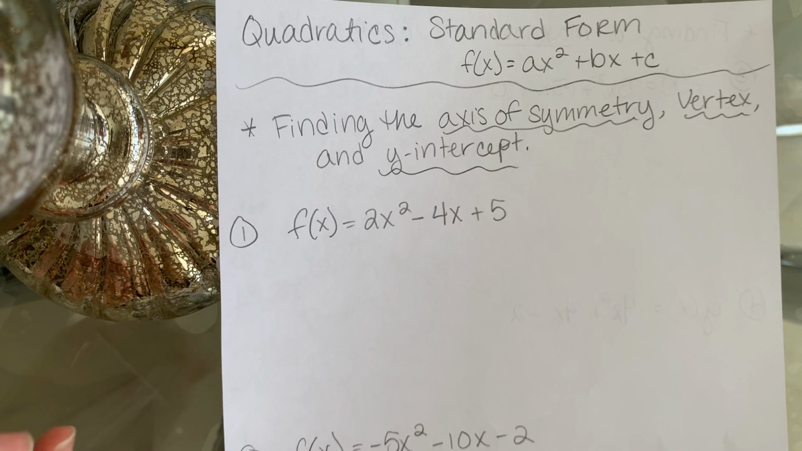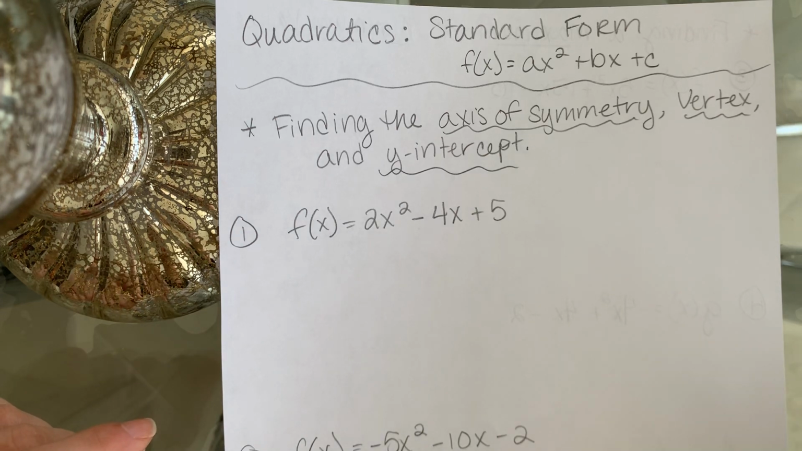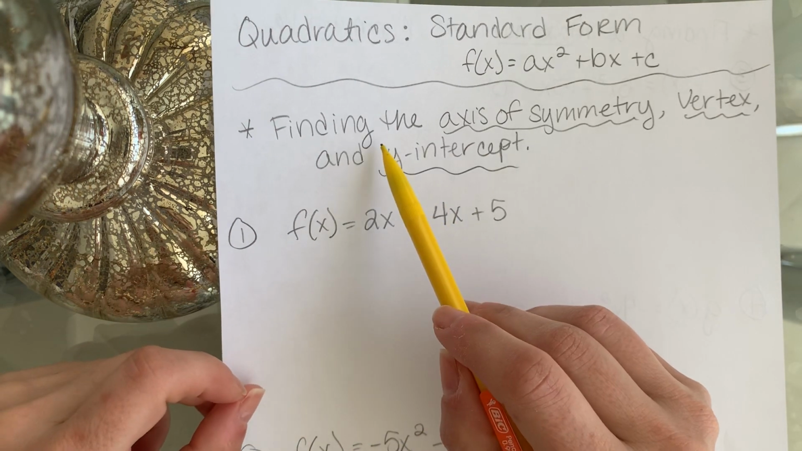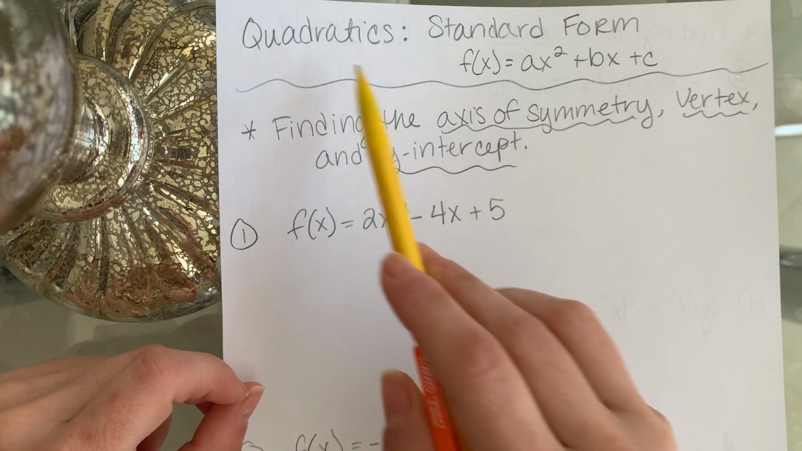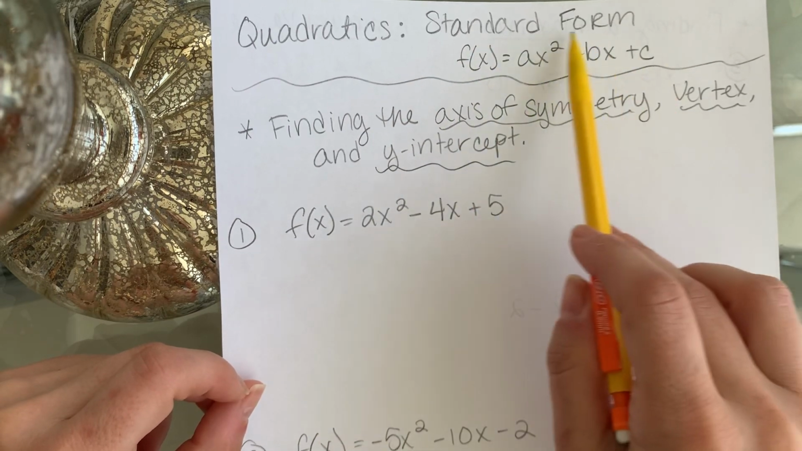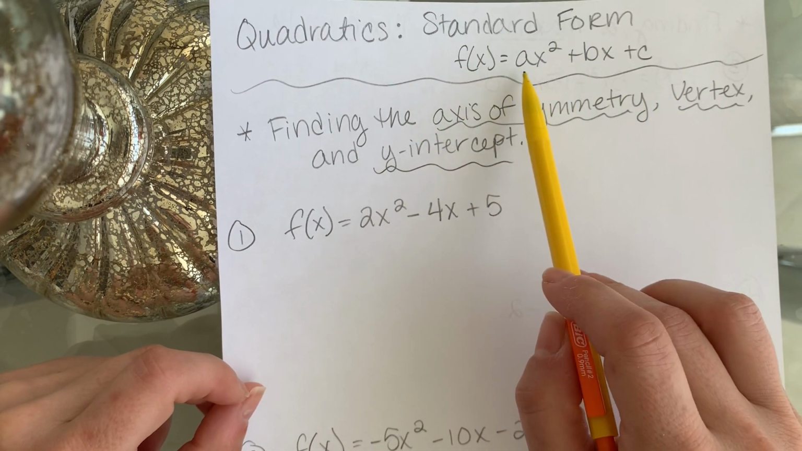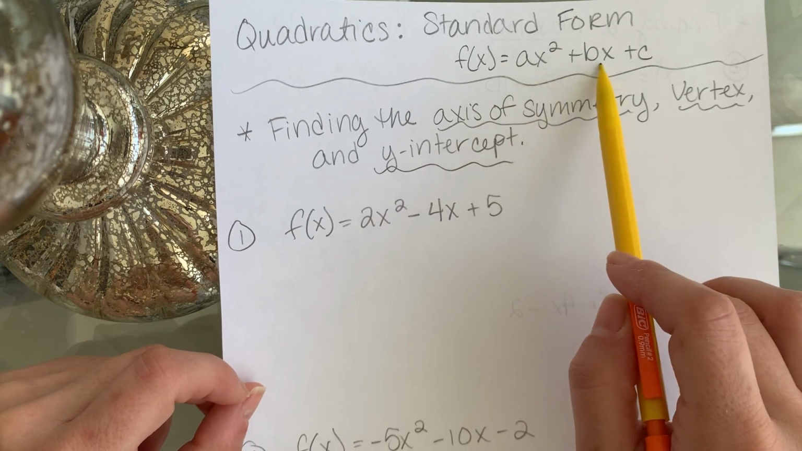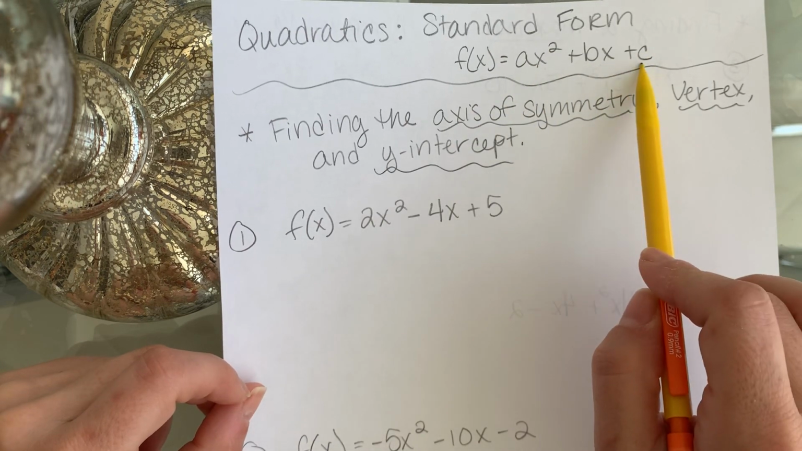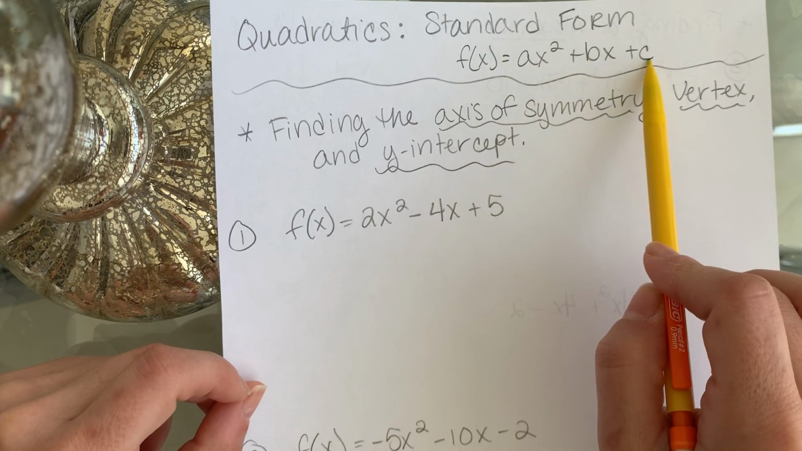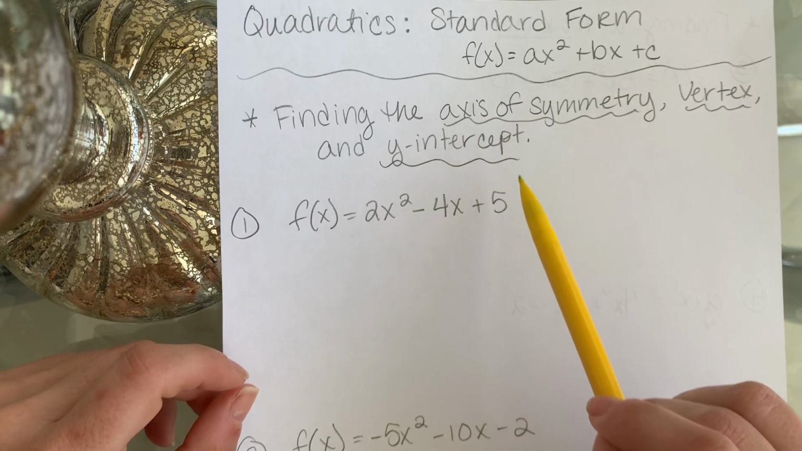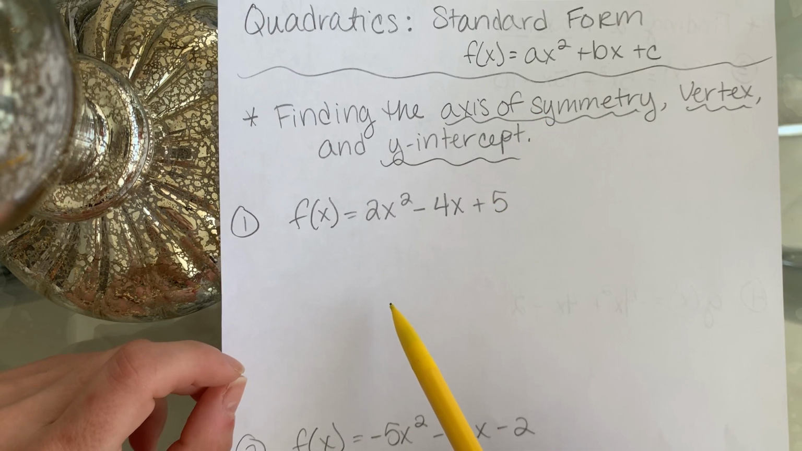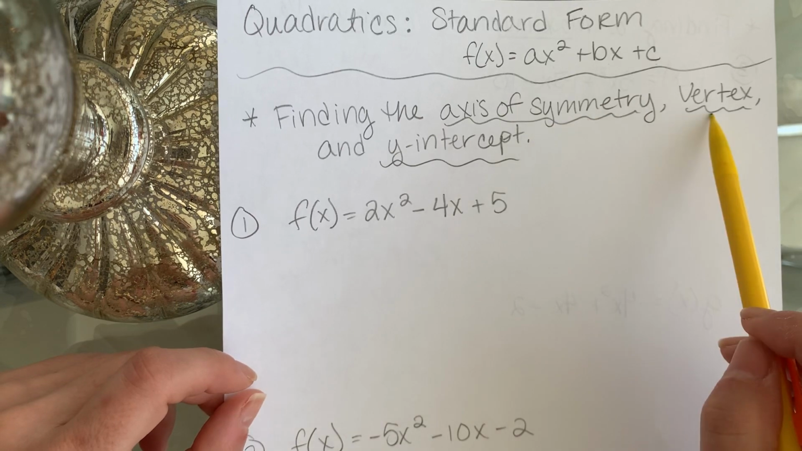Hey guys, so today I'm going to show you how to find the axis of symmetry, vertex, and the y-intercept of a quadratic in standard form. Here's your standard form: f of x equals ax squared plus bx plus c, where a, b, and c are integers, okay? So there are three things we're going to find with our standard form quadratic: axis of symmetry, vertex,